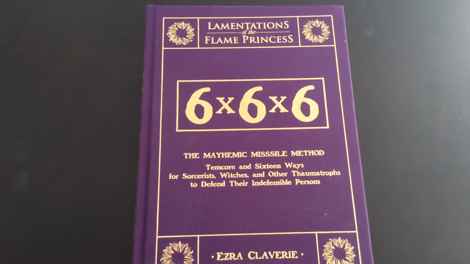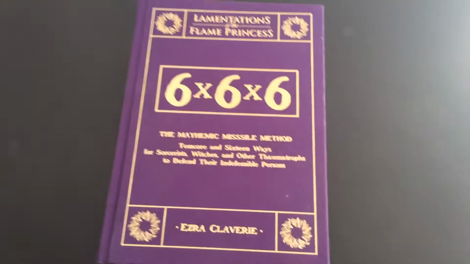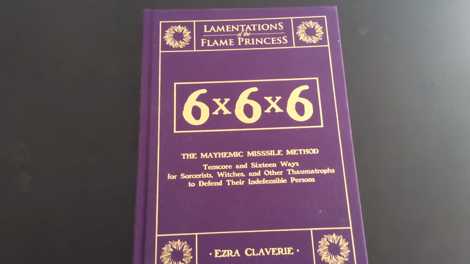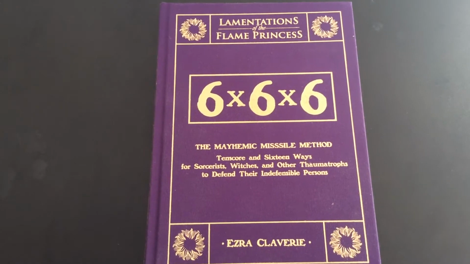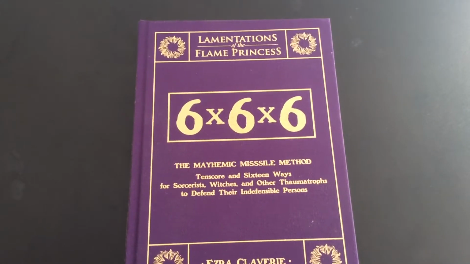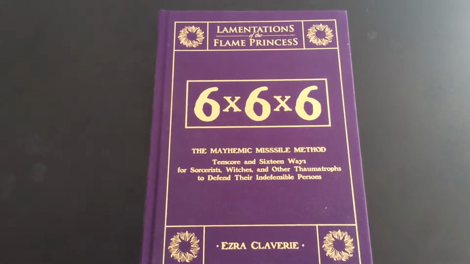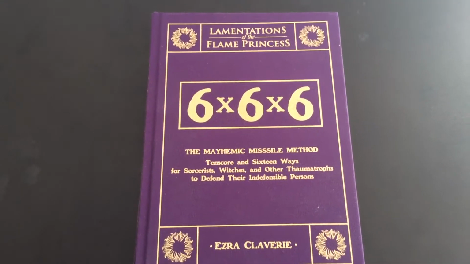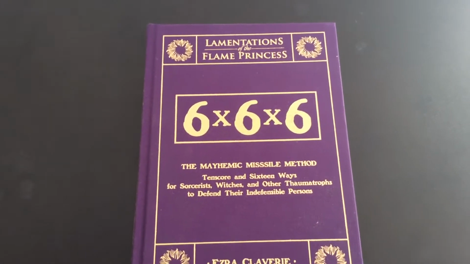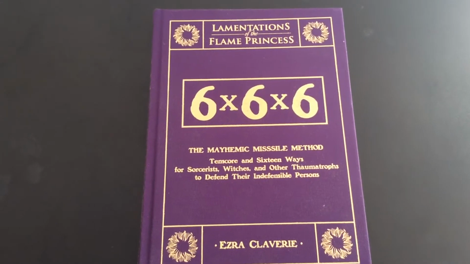In Lamentations of the Flame, this is 6 by 6 by 6 by Lamentations of the Flame Princess. Now, in this system, most of the damage-dealing spells have been redacted. There's no fireball, no lightning bolt, no cone of cold, but there is Magic Missile. Magic Missile is your go-to spell for dealing damage as a magic user, and players are encouraged to customize their